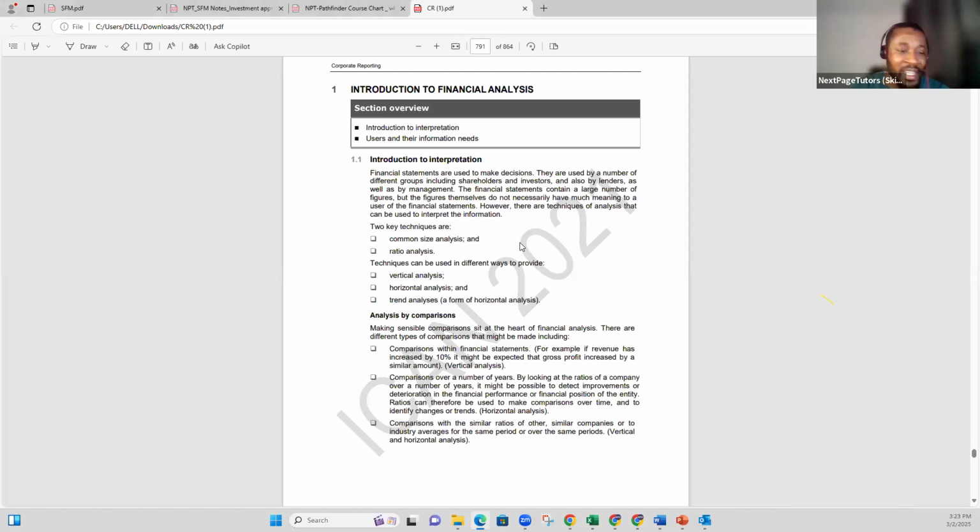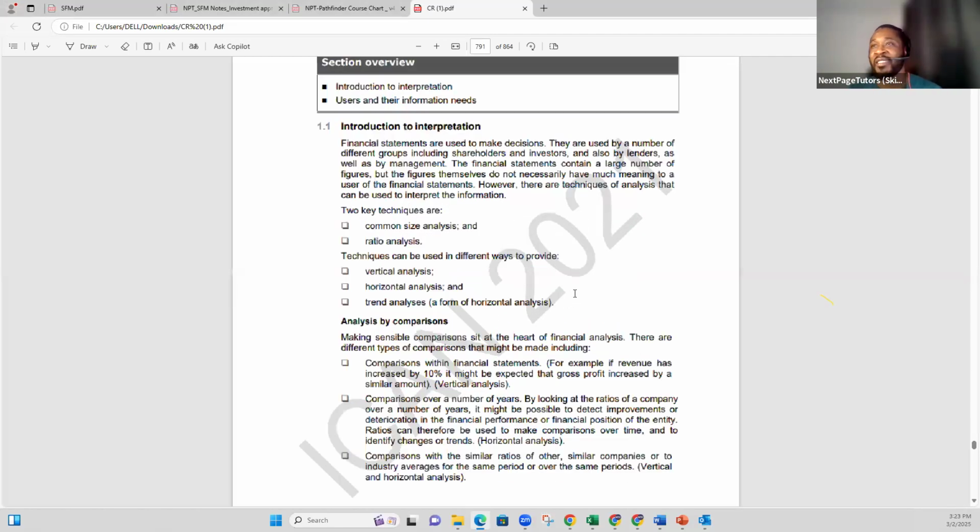All right, so that's what financial statement analysis is all about. So, just moving forward, if you look at the screen, before we get to the serious aspect, let's look at the techniques for analyzing financial statements, right? It says you can do a common size analysis, or you can do a ratio analysis. This tells you that financial statement analysis is not the same thing as ratio analysis. Ratio analysis is only one technique for performing a financial analysis. As a matter of fact, there are even other methods that are outside your syllabus now, right? So you need to understand that ratio analysis is only a technique for performing a financial statement